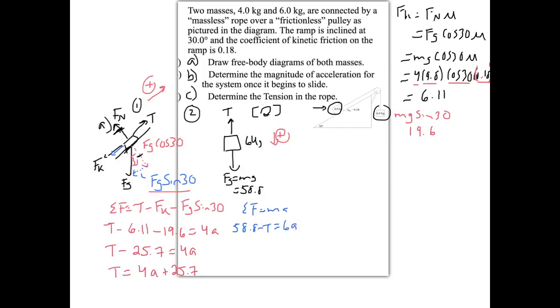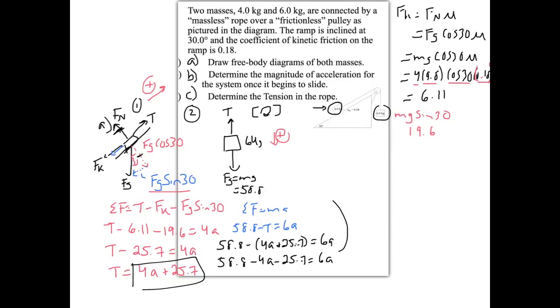And now we're ready to substitute. We can substitute our T value, which we got right here, into this T value there. So let's try that. Let's do 58.8 minus (4a plus 25.7) equals 6a. We simplify that, and we get 58.8 minus 4a minus 25.7 equals 6a. Let's bring that up there. Left hand side we get 33.1 equals 6a, excuse me, 10a. 10a, because we have 6 plus 4, and then we get an a value of 3.31 meters per second squared,